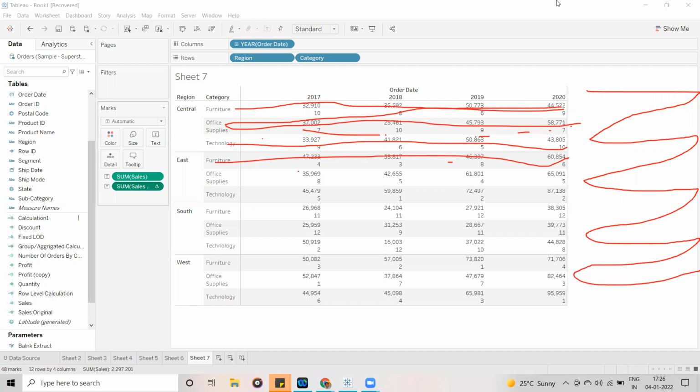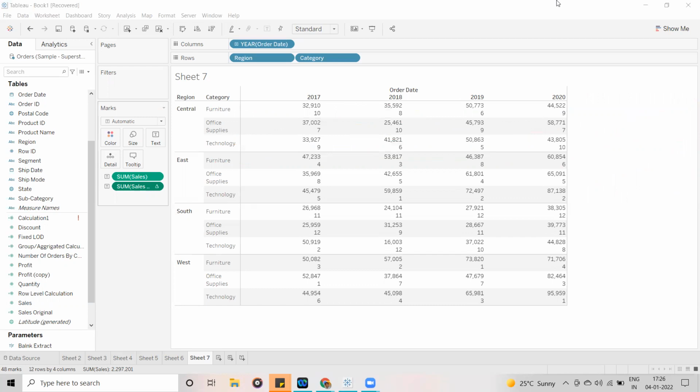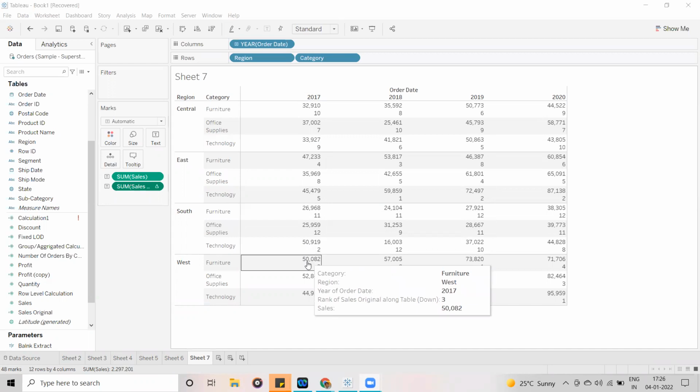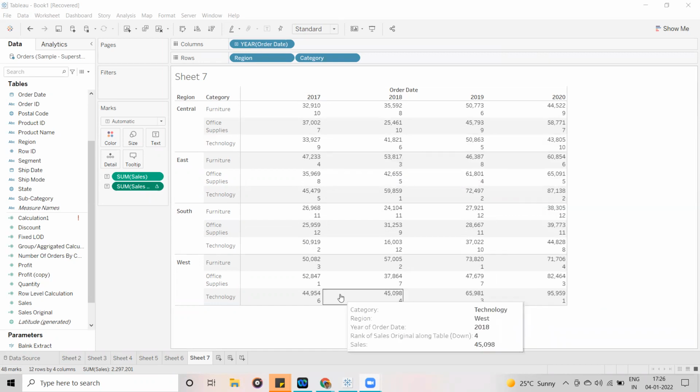Now here, guys, if I apply that one, what is going to happen? For example, how many values are we having, guys? We are having 48 marks in total. 1, 2, 3, 4, 5, 6, 7, 8, 9, 10, 11, 12. 12 into 4, 48. Right? So now a total of 48 values we are having. Now how are the ranks going to be applied? It is going to show 1 to 48, like how it is going to display.